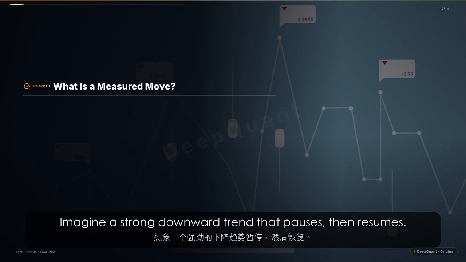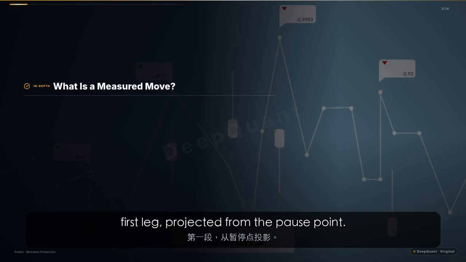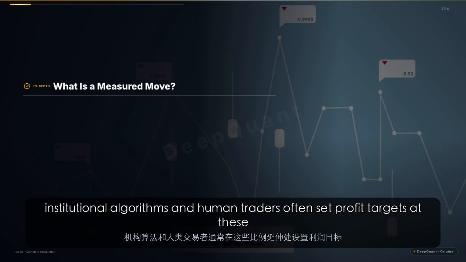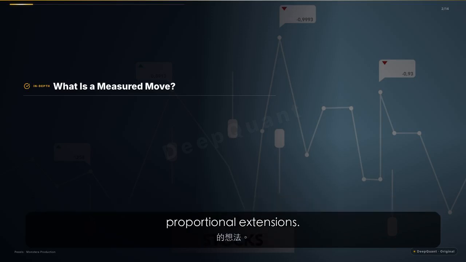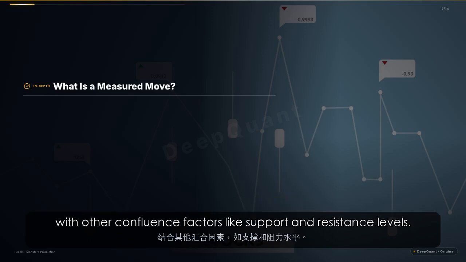Imagine a strong downward trend that pauses, then resumes. The theory suggests that the second leg often travels a distance equal to the first leg, projected from the pause point. This is not a law of physics, but a heuristic based on the idea that institutional algorithms and human traders often set profit targets at these proportional extensions. The measured move can be applied to any time frame, but it's most effective when combined with other confluence factors like support